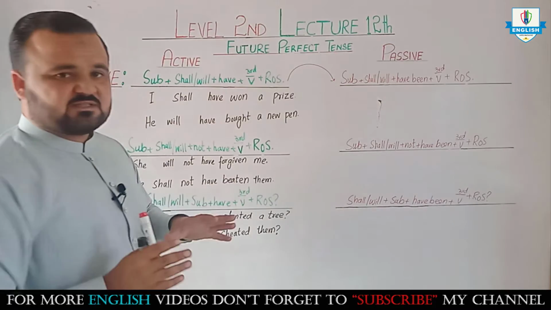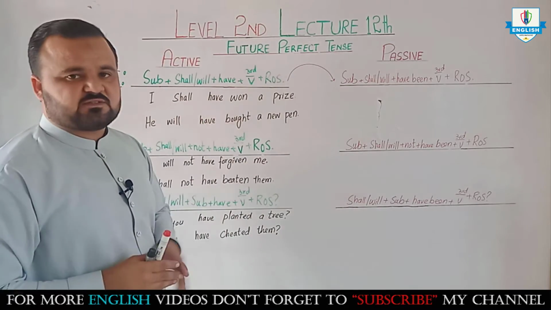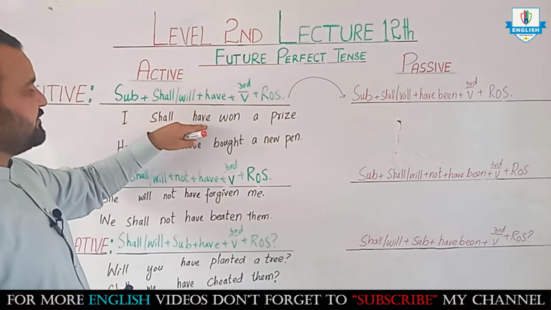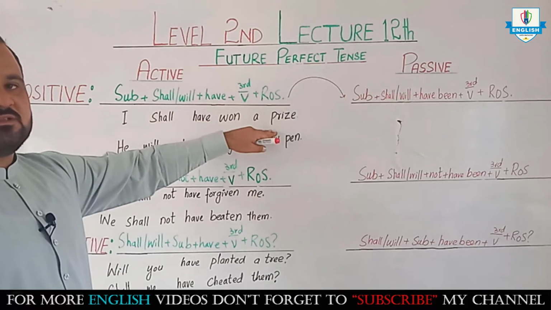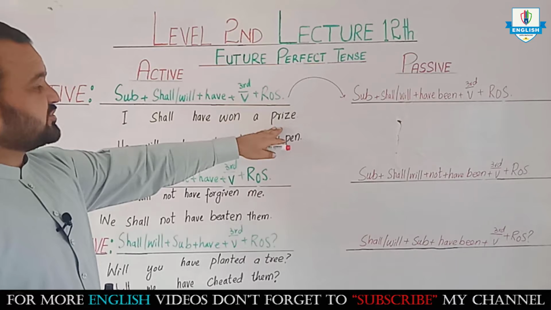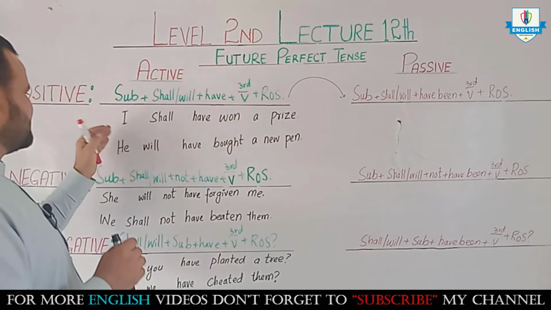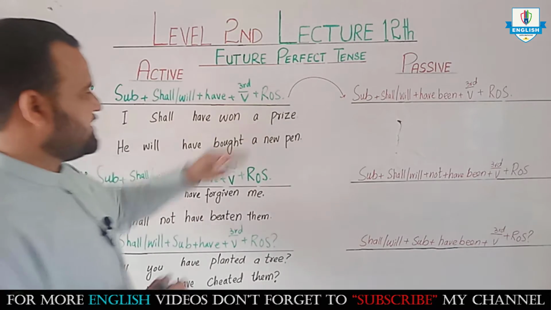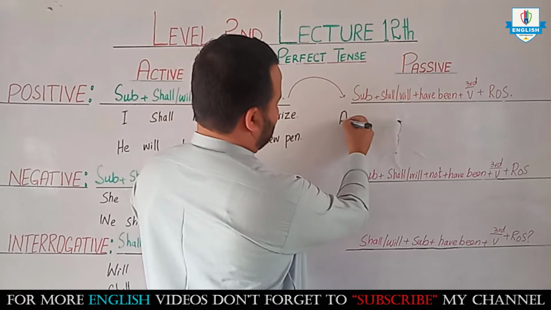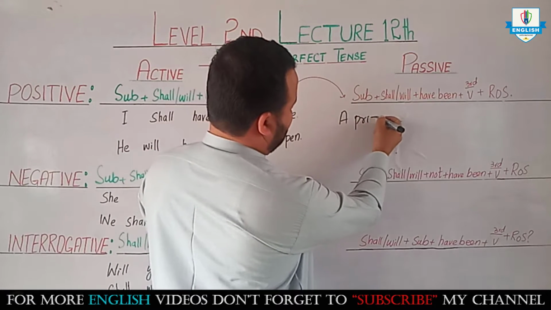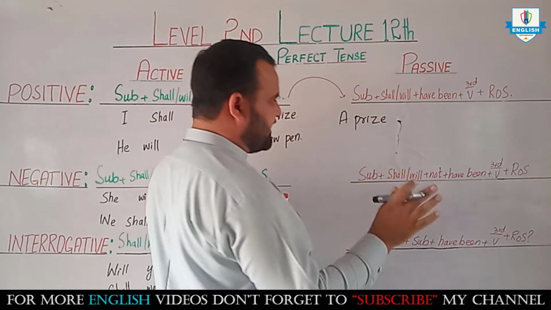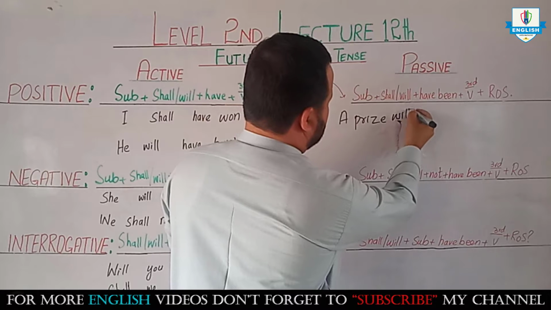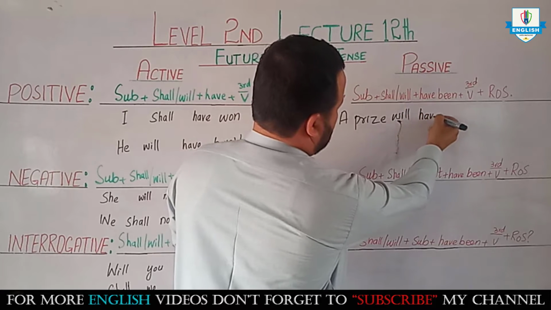I wrote two sentences. I am going to change them to passive voice. Let's see. The first sentence: I shall have won a prize. Got it? Object will come in the place of subject and subject will come in the place of object. A prize. With prize we will use will. A prize will have been